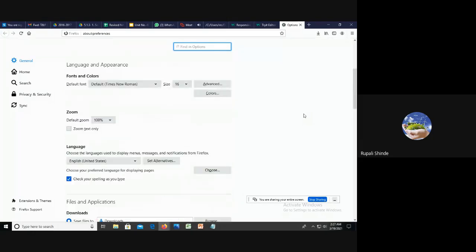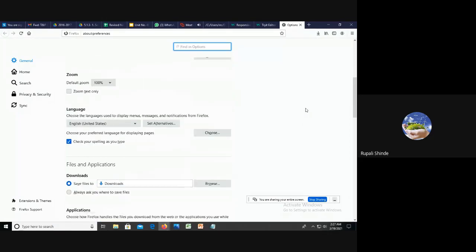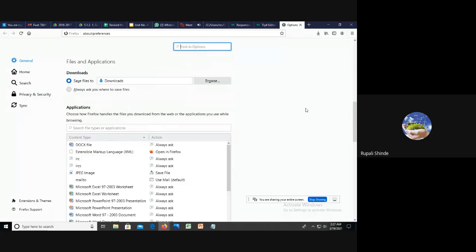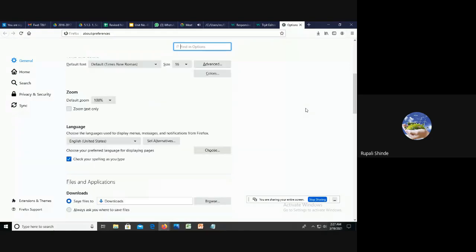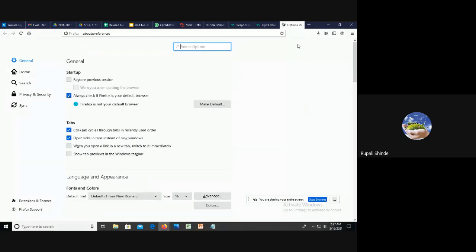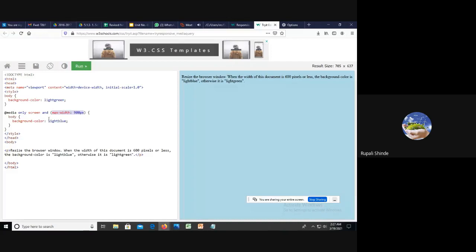If you got the orientation, you can change the orientation and accordingly you have to execute the same code. But we have an option to change the orientation of the browser also. Or we can check it here.